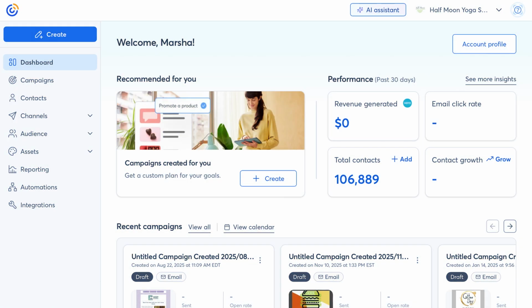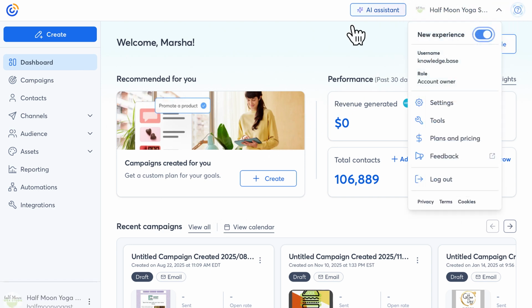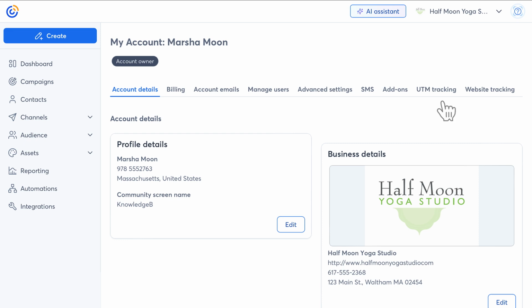There are several settings in your Constant Contact account that you can update or manage at any time, like your organization details, billing information, and more. To begin, click here and choose Settings. The Account Details tab is where you can add or update your personal profile details, like your